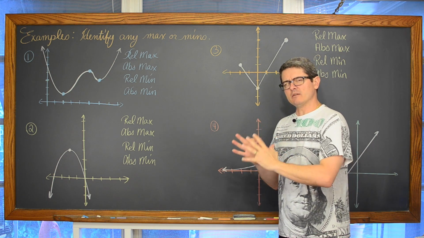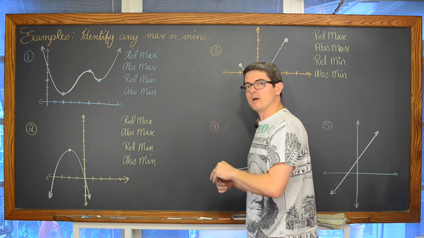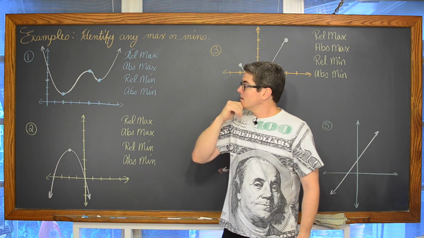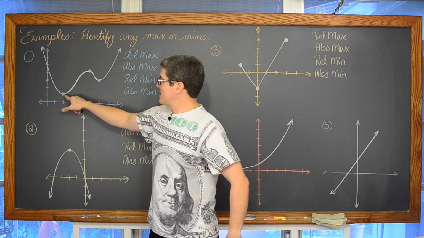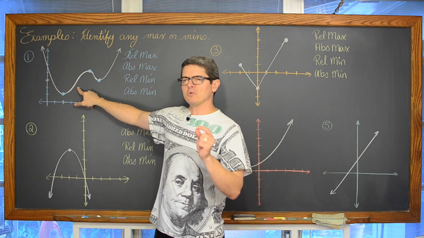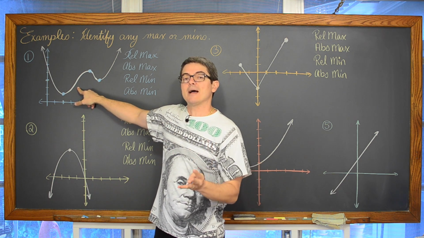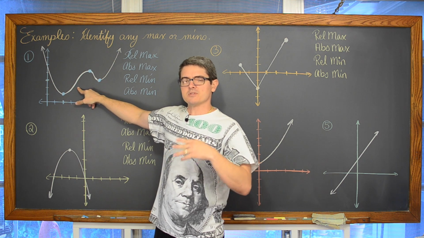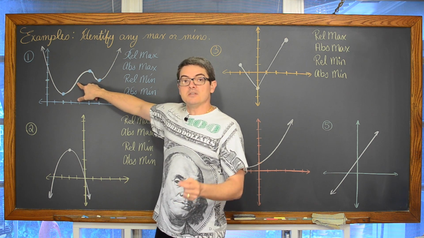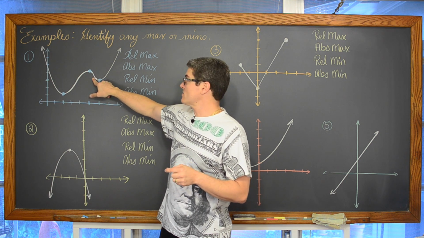Is there an open interval? Is there a place within that graph that you see where, as you read it left to right, it kind of rises and then falls? Well, it's falling here and it dips down. That looks like it's going to be some kind of minimum because it starts to rise up again. Remember, when we're looking for max and mins, we're looking for y values. What's a high or low y value? And the y values are increasing because the graph is rising to the right, and then we get to this blue dot and it starts to fall again.